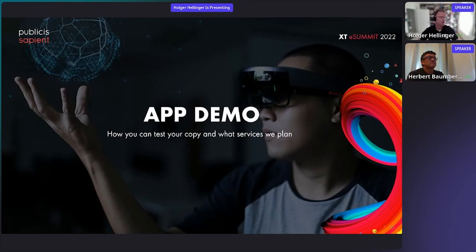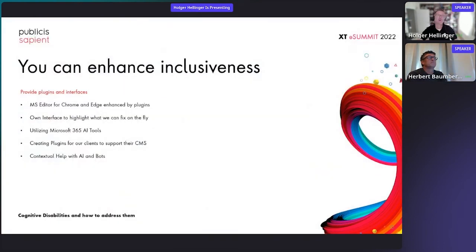Just going through what we want to enhance. What you have seen here is a web application that is currently just consuming the services and giving you feedback. But what we could do in the future is something like the MS Editor for Chrome or Edge. But also like we have seen in Teams, the same interface, so that you can do an accessibility check on your existing application.